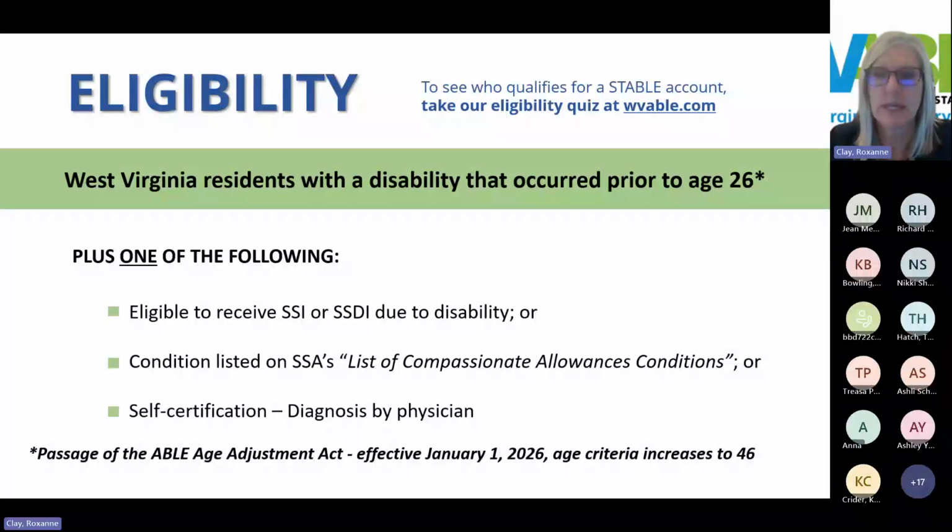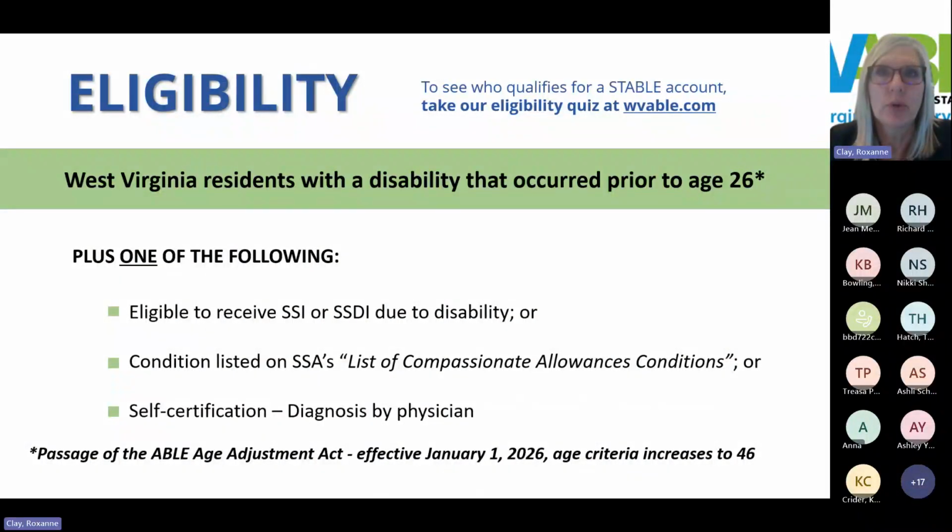In other words, it simply means that the individual has received a disability determination by Social Security Administration, or the individual has a condition on Social Security Administration's list of compassionate allowances conditions, or through what's called self-certification, which means you have a written diagnosis by a physician of a physical or a mental impairment that causes marked and severe functional limitations, and the condition has lasted or is expected to last for at least a year. So this is the same standard that Social Security uses for making disability determinations.